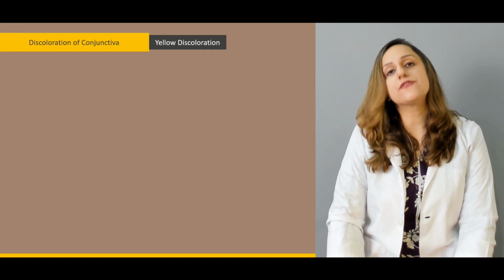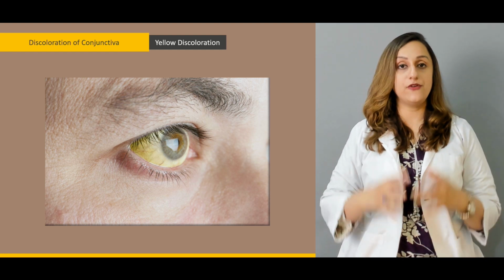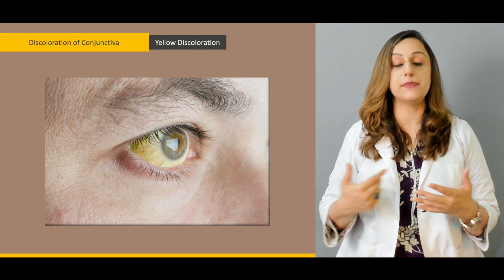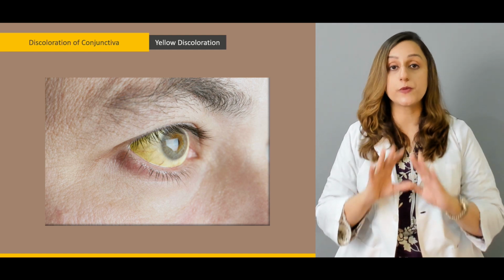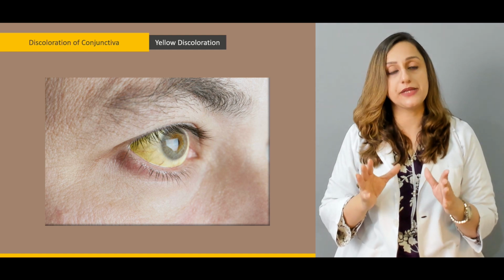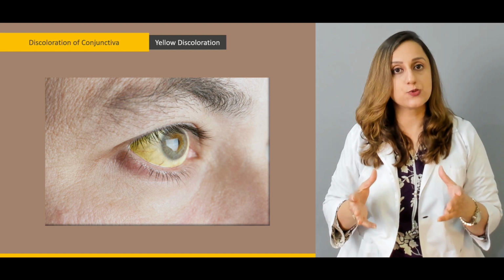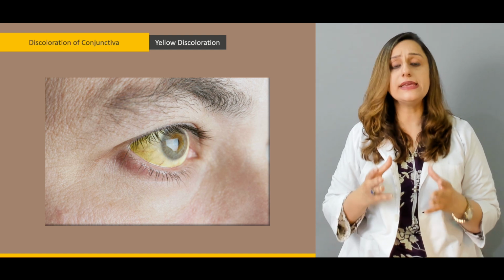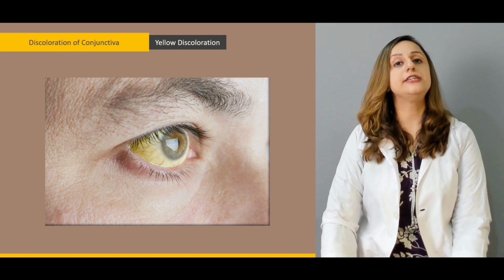Then finally, we can have the yellow discoloration of the conjunctiva, like this. So whenever you want to examine the conjunctiva of the individual, you ask the patient to look in all of the cardinal directions and you observe the conjunctiva as a whole. Whenever you observe some sort of yellow discoloration, the differential diagnosis would include jaundice, it can be yellow fever, or even malaria conditions that sometimes result in this yellowish discoloration